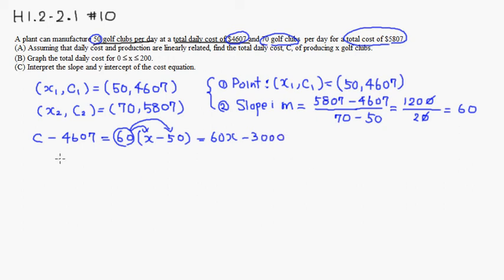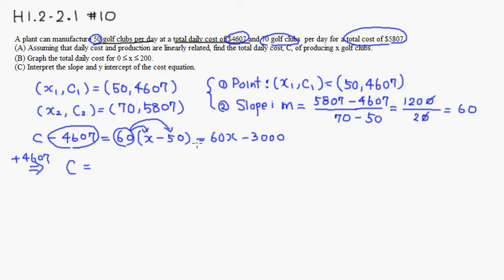We want to isolate C, the cost, so we add 4,607 to both sides to get C is equal to